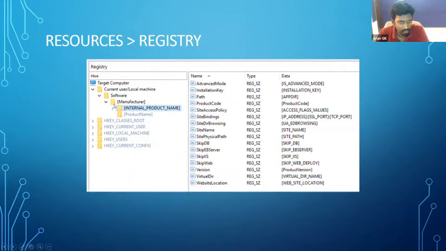Here we can add registry variables. Under the current registry file, we have current user and local machine. Under that we have software. Under that we have the manufacturer, which here is Savans, and the internal product name, here earbot server. Under that earbot server we have this many registry keys, like the advanced mode key and the installation key. And it binds to properties.